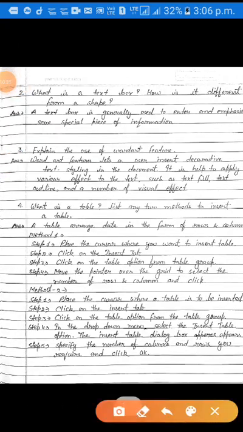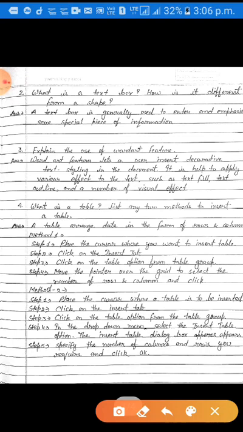Okay, question number second is, what is a text box? So answer of this question is, a text box is generally used to enter and emphasize some special piece of information. Next, question number third is, explain the use of word art feature.